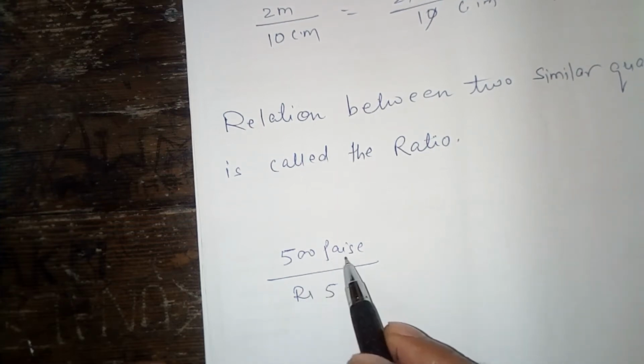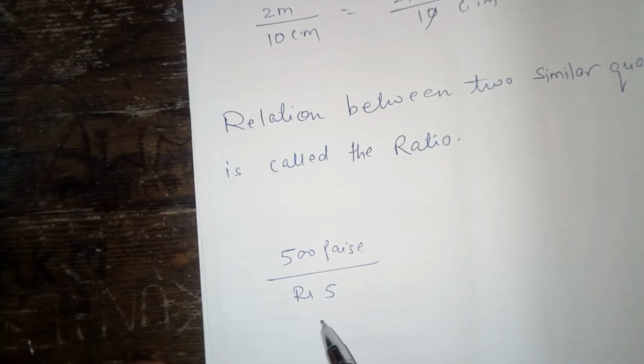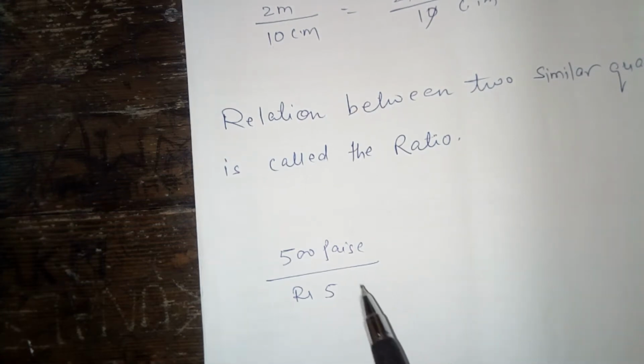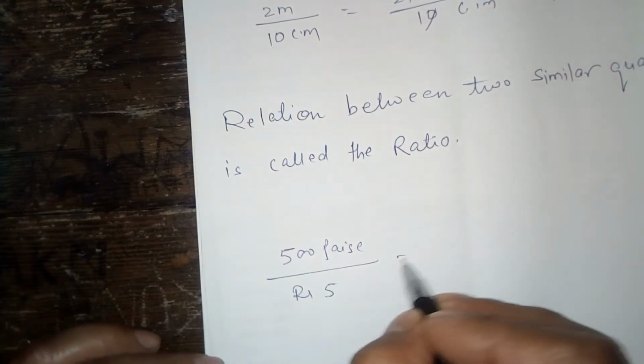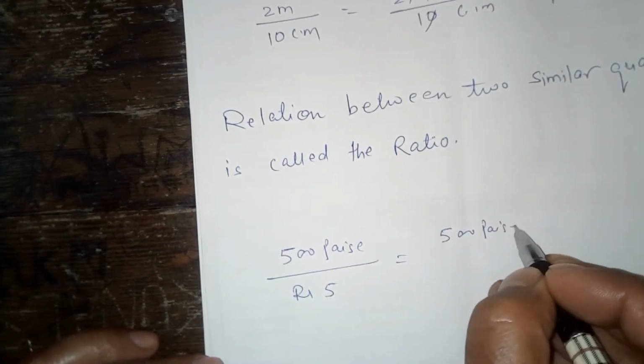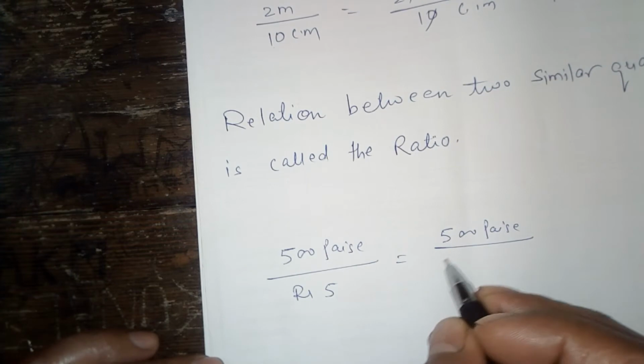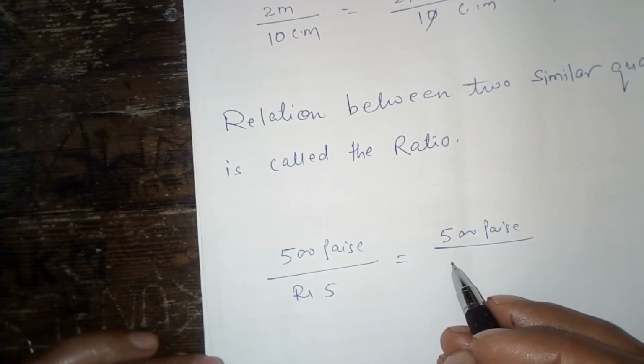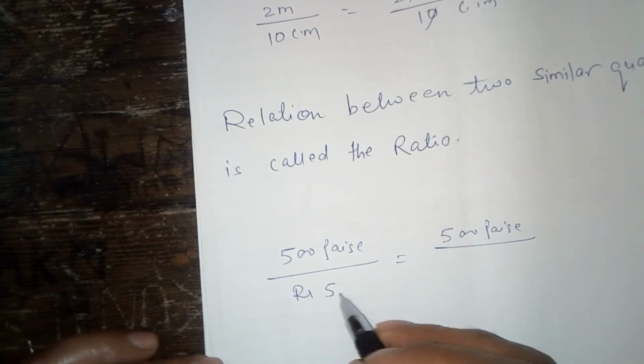This is 500 paise and this is rupees 5. So what will you do? You have one more option: paise converted to rupees or rupees converted to paise. My dear students, it is very easy to convert rupees to paise. So this is 500 paise upon, as you know very well, 1 rupee equals 100 paise. So rupees 5 will be